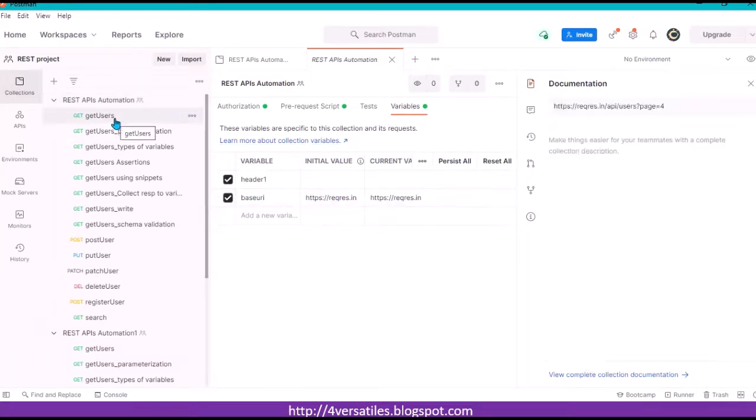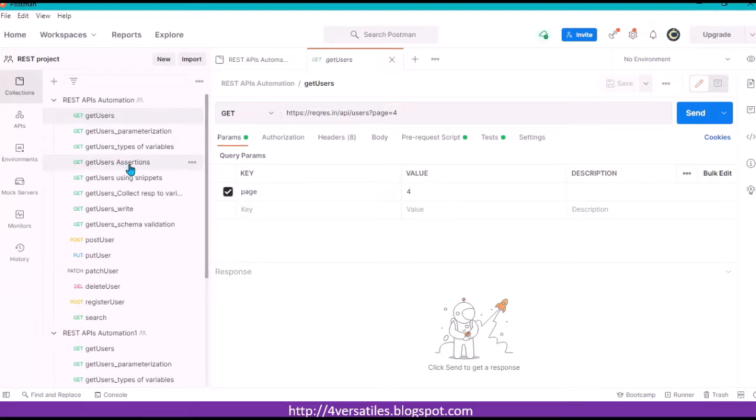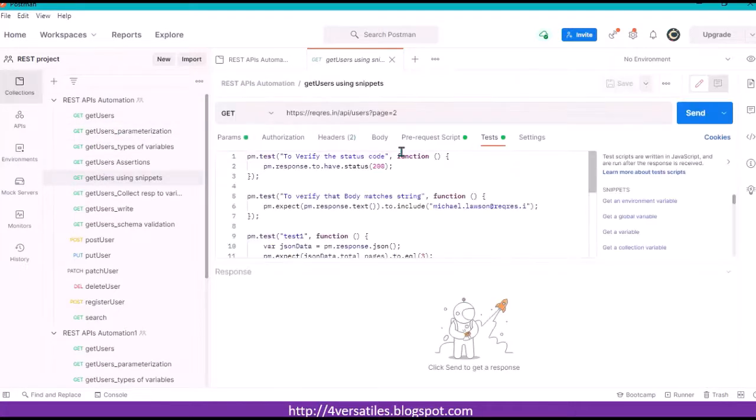But in the ideal case, what it means is, if there are variables which could be changing for all the requests stored in a collection in future, then take all those variables and define them under that particular collection,